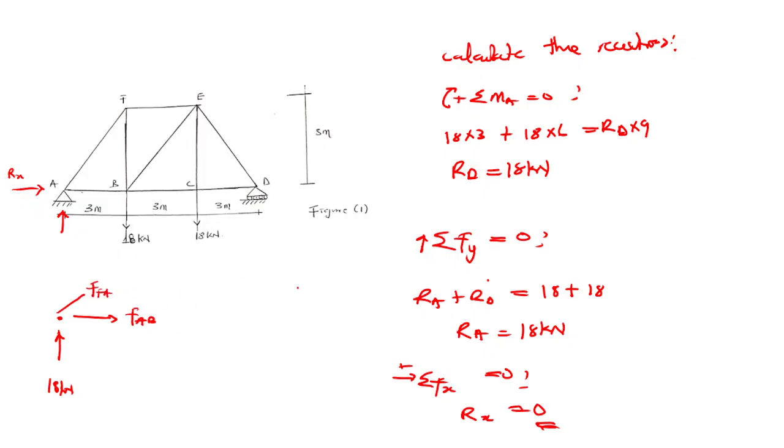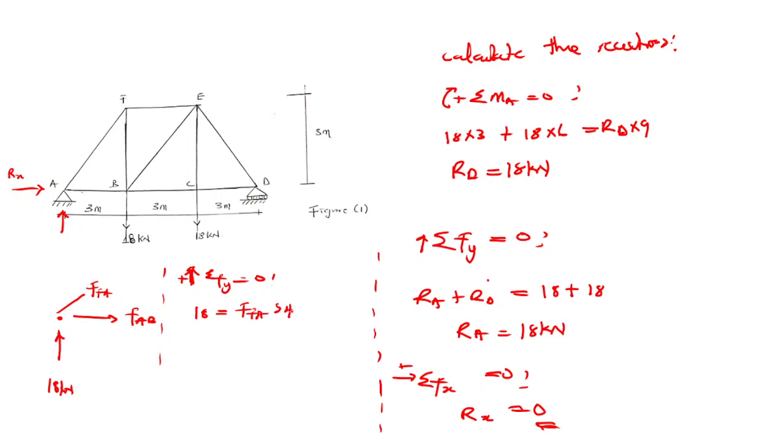If I say summation of forces in the vertical direction, summation Fy equals 0, that means 18 equals FFA